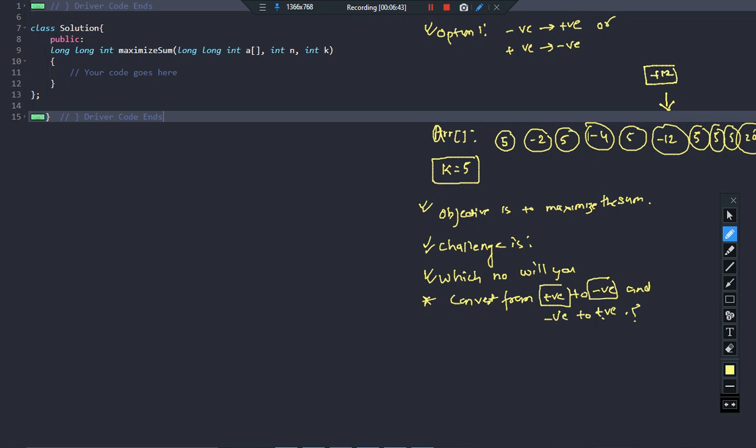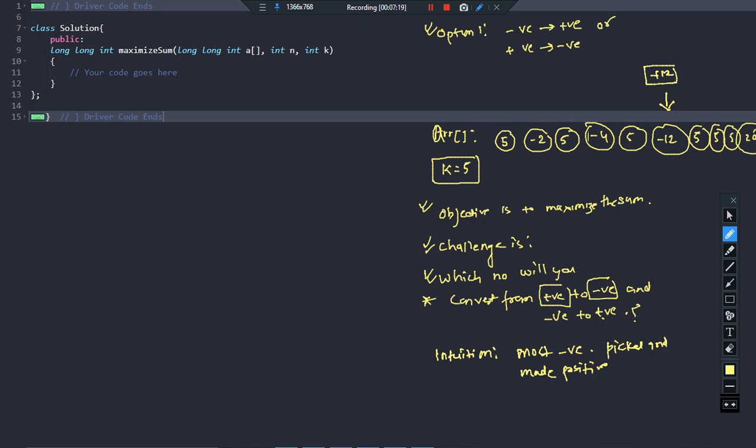Once I multiply it by minus 1 to convert it into plus 12, I will be adding a huge quantity to this sum, isn't it? So what is the first intuition? The intuition is that the most negative number will be picked and made positive, right?